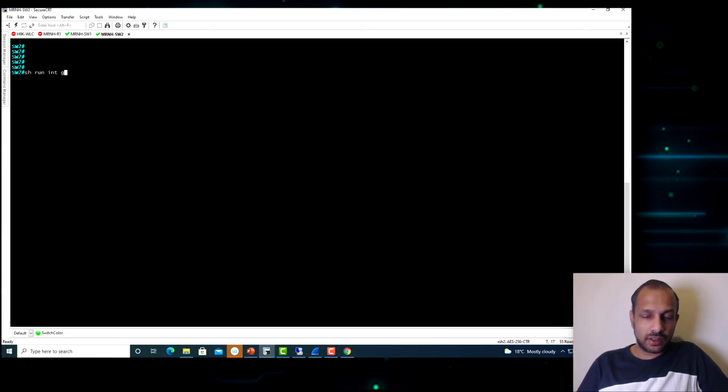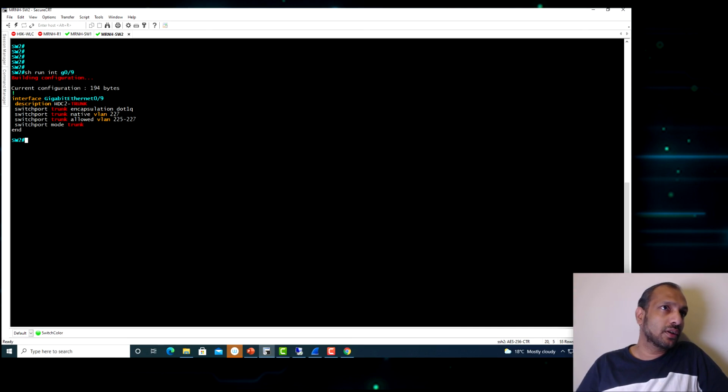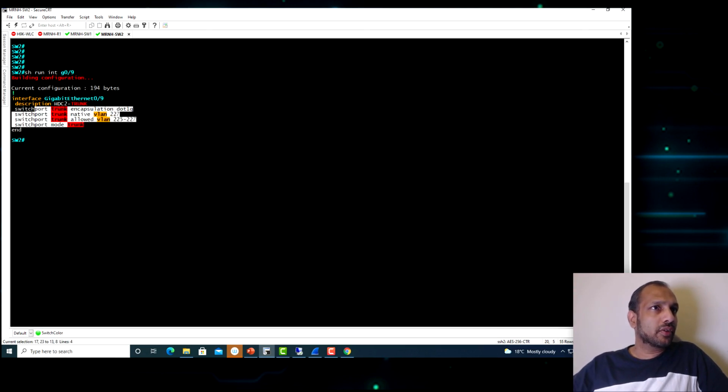Show run interface gig 0/9. Again, it's a trunk port configuration connecting to the controller. Actually, it's a virtual machine. But again, we will basically trust DSCP for any traffic coming from this particular virtual machine.